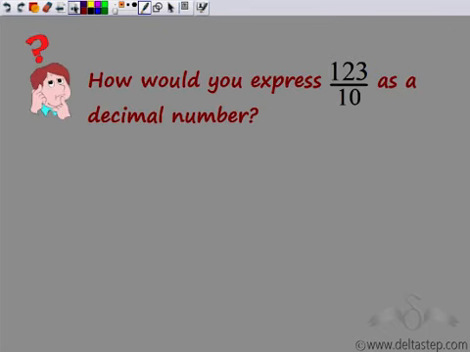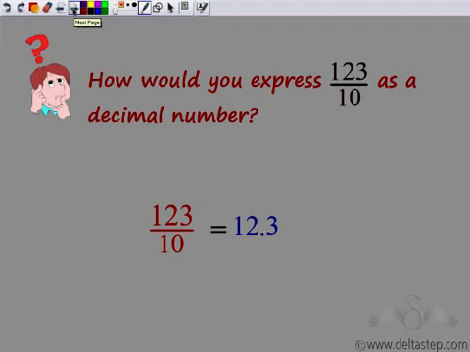So now can you express this fraction as a decimal number? So what do we have? 123 by 10. So write the numerator as it is. We place the decimal after 1 zero, since 1 is being followed by 1 zero in 10 only. So after the first digit from the right, we'll place a decimal. Start counting the digits from the right. This is the first digit. So after this first digit, I place a decimal. So this number can be written as 12.3 as a decimal number. So 123 by 10 can be written as 12.3.